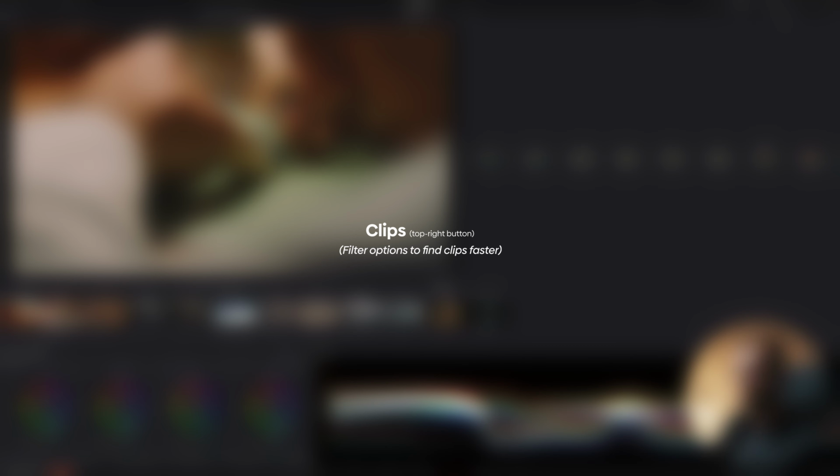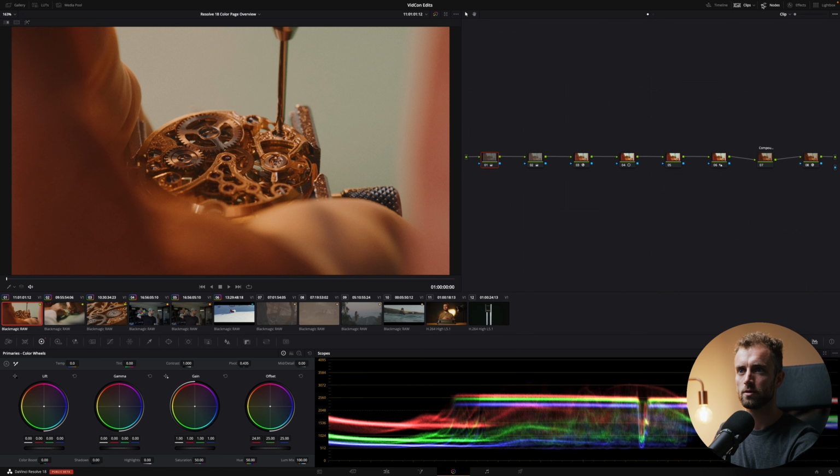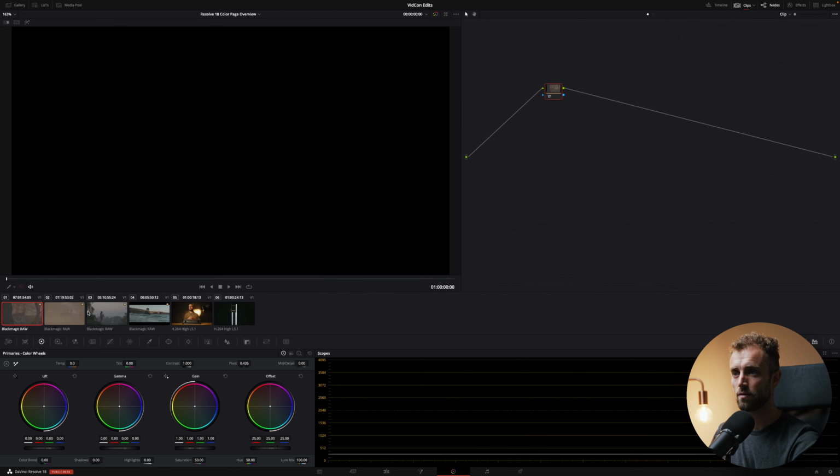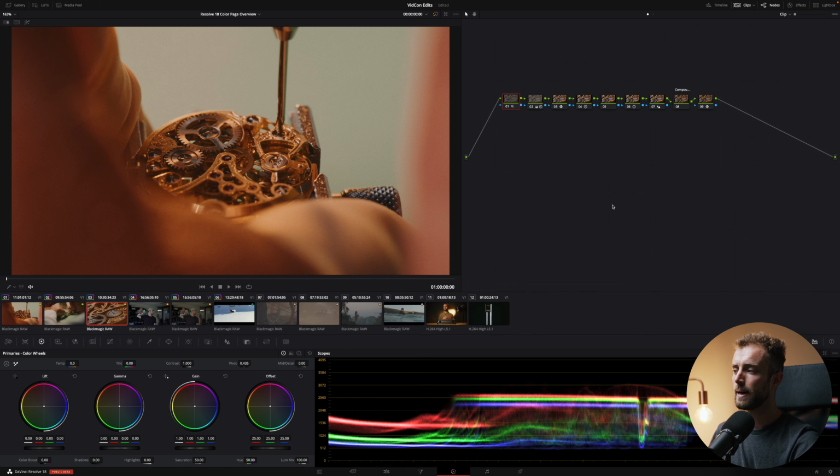All right, clips. Well, these are all the clips that are in line of each other. So it starts with clip 1 and ends with the last clip, obviously. You can filter a lot, so ungraded clips, meaning all the clips that have no node whatsoever are presented, but also, for example, flagged clips, marked clips, grouped clips, tracked clips, clips that have a noise reduction node on it, this one, which is the only one, and so forth and so on. All right, so it's super powerful to be doing it this way. Oops, all clips. Because that way you can really find specific clips in a huge project extremely fast.